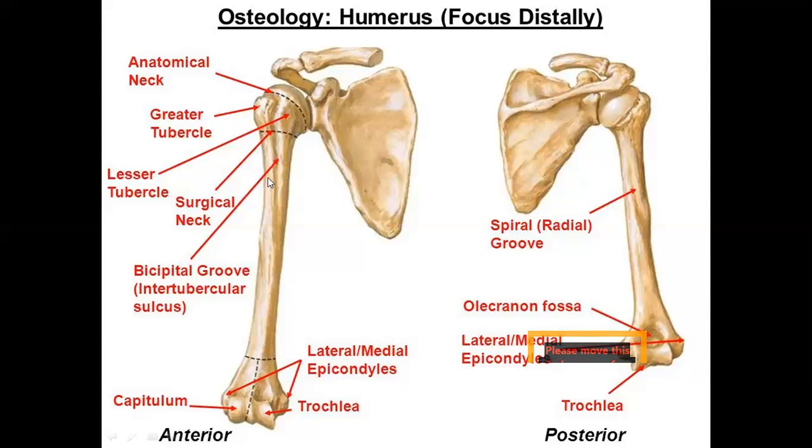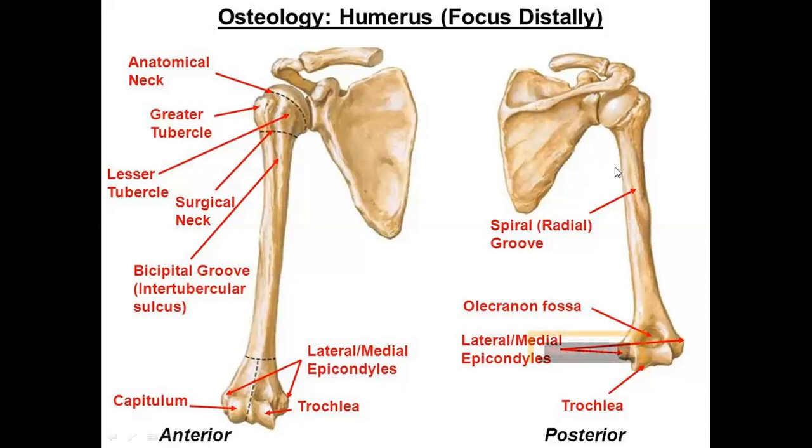From this point, lower down, this whole area is the shaft, and then we have the lower end of the bone with certain features. In the lower end, you are finding two projections, one on the medial side and the other on the lateral side. This is the medial epicondyle. Laterally, you call it the lateral epicondyle. Between the two epicondyles, we are finding two bony projections: the capitulum laterally and the trochlea medially. Then of course, we have two depressions also. Above the capitulum, we have the radial fossa, and above the trochlea, we have the coronoid fossa.